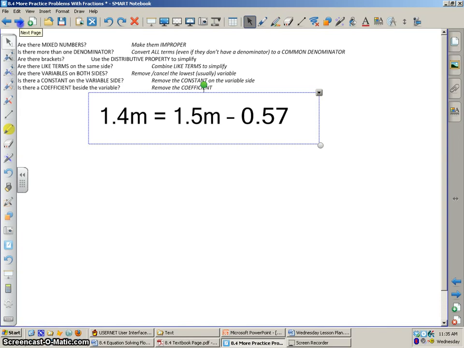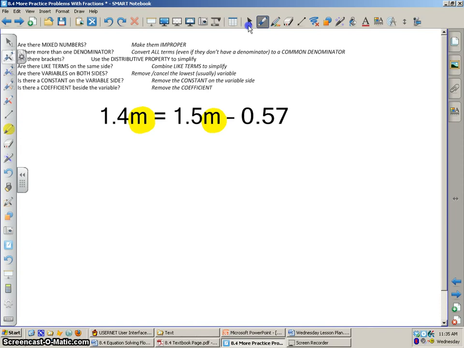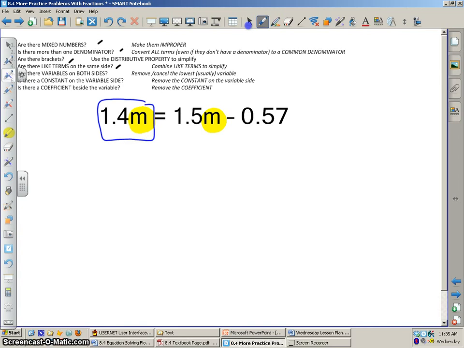Looks very similar. We've got a variable here and a variable here. So again, I can jump past that one and that one and that one and that one, right to step 5, variables on both sides, which we have. Now, if I take the lowest one, that is actually on this side. So if I cancel that out with negative 1.4m and negative 1.4m,